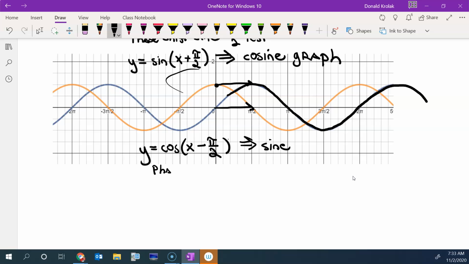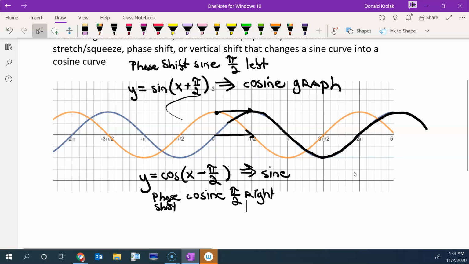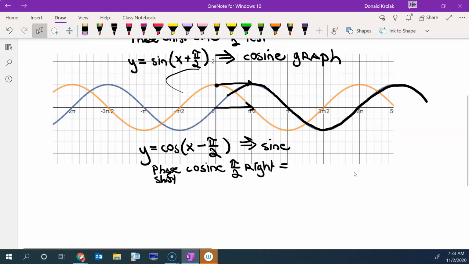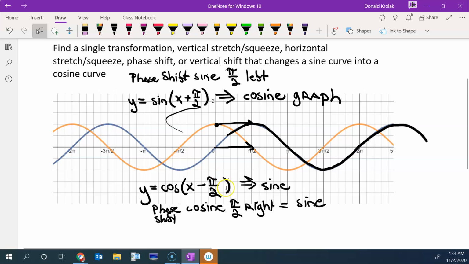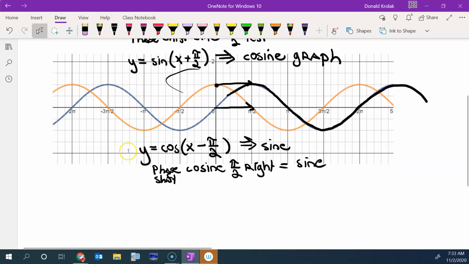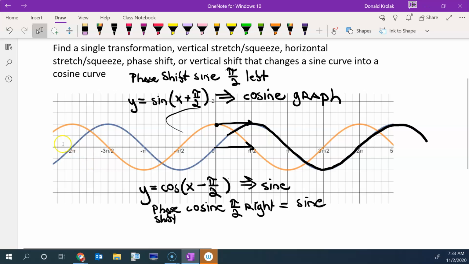So if we phase shift cosine pi over 2 right, it's going to become a sine graph. So the two graphs are related, okay, by a simple phase shift of pi over 2. Okay. Now the next thing you're going to do